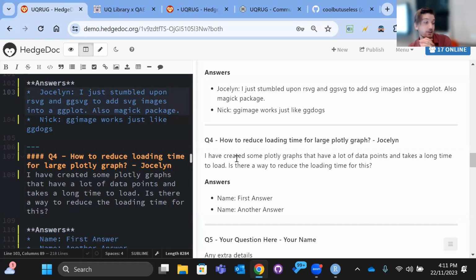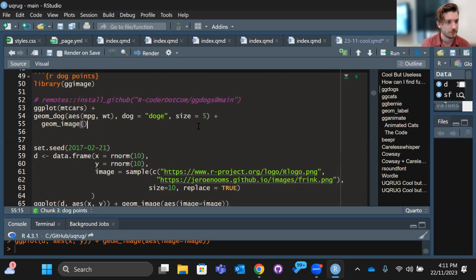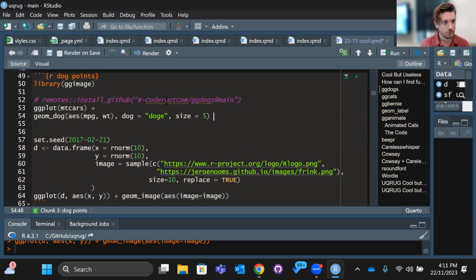I don't know, but I just like when people talk about Plotly because it's a really cool package and it's great for visualizing data. For those who don't know, Plotly goes beyond R, it plugs into R, you can use it in Python and all sorts of stuff, and can basically turn a regular graph into an interactive graph. Ooh, what happens if I do it with the ggdogs? It'd probably take me a while.